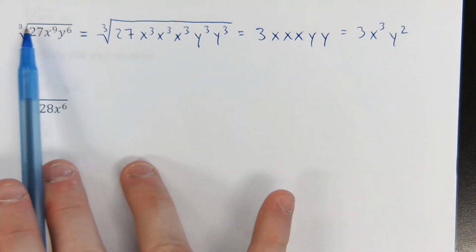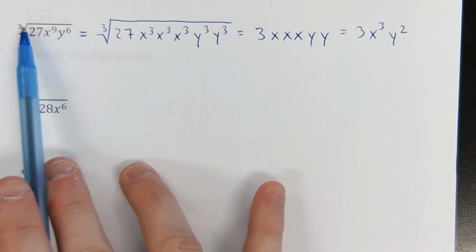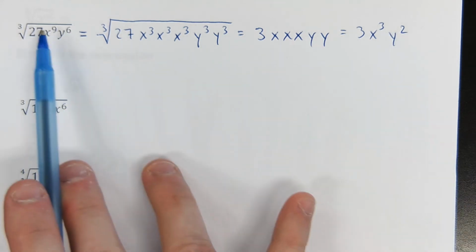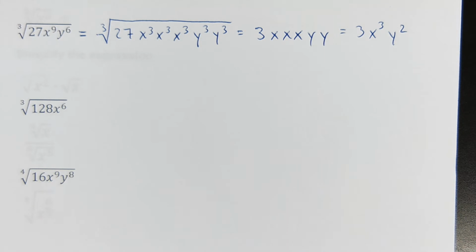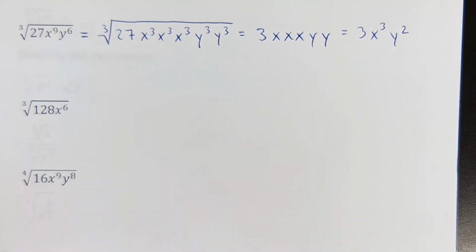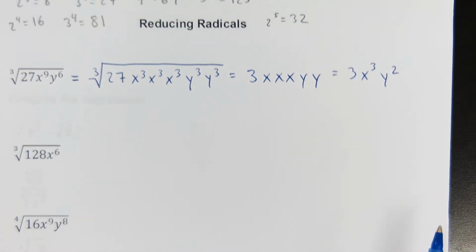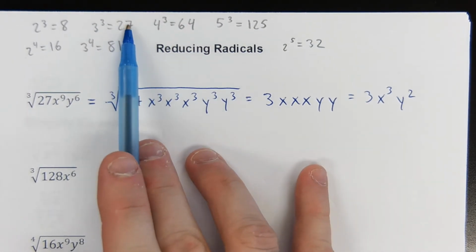Oh yeah, 9 divided by 3 is 3. 6 divided by 3 is 2. Mr. M, 27 divided by 3 is not 3. I'm aware. That's because 27 is not a letter with an exponent. A 27 is a number. We reduce numbers the same way we always did. But when you have exponents, you divide. Yeah, I just said what is the third root of 27 because we know that 27 is a perfect third